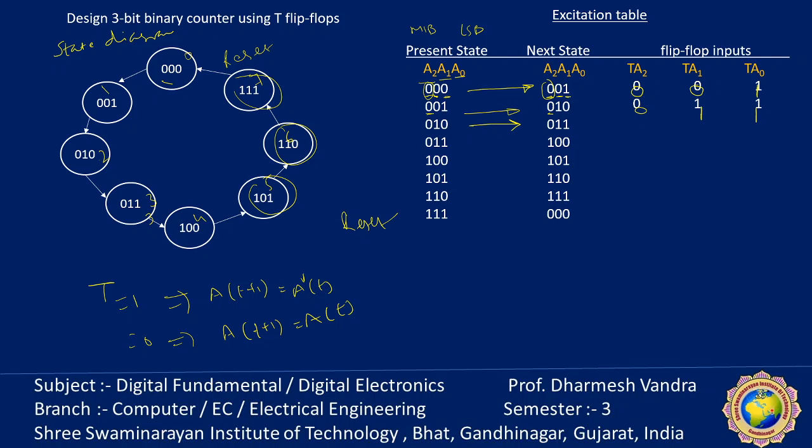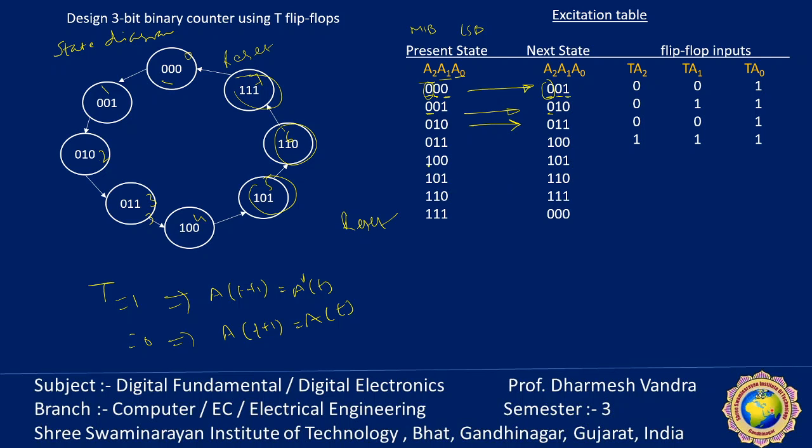So that means if the present state and next state bit remain the same, the input required is 0. If here 0, 0, so it remains same, so 0. But the second bit is 1 to 1, and the last bit is changed from 0 to 1. So that means this is toggle. So which bit is toggle? Here 0 to 1, first bit is toggle, second bit, third bit. So in this case, all three bits are toggle, so all three are 1.